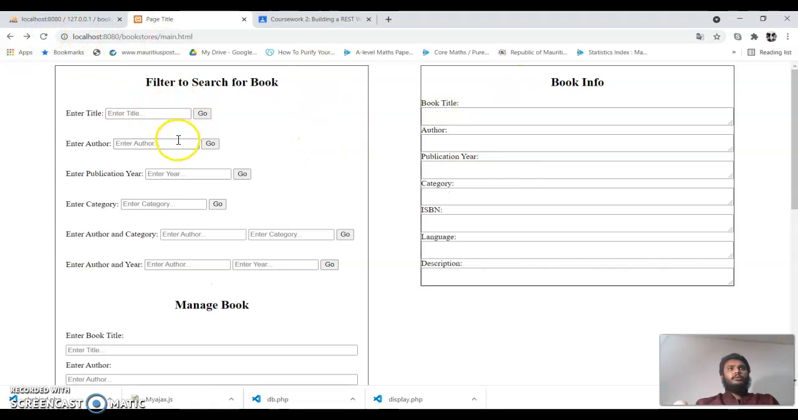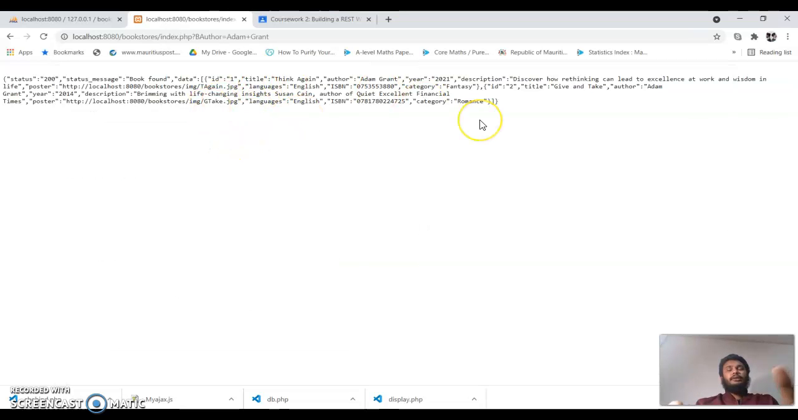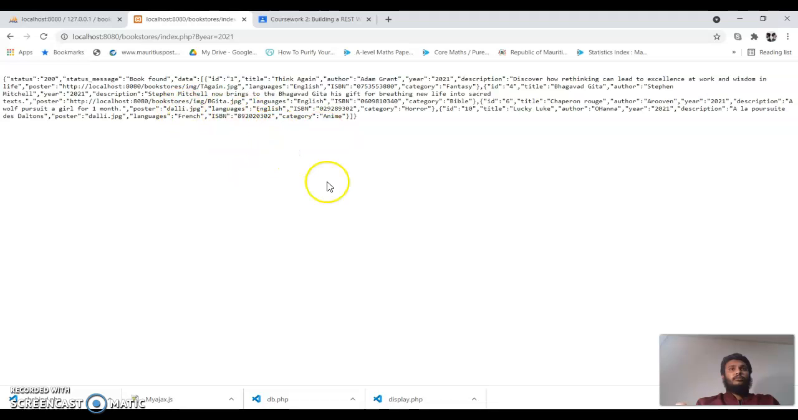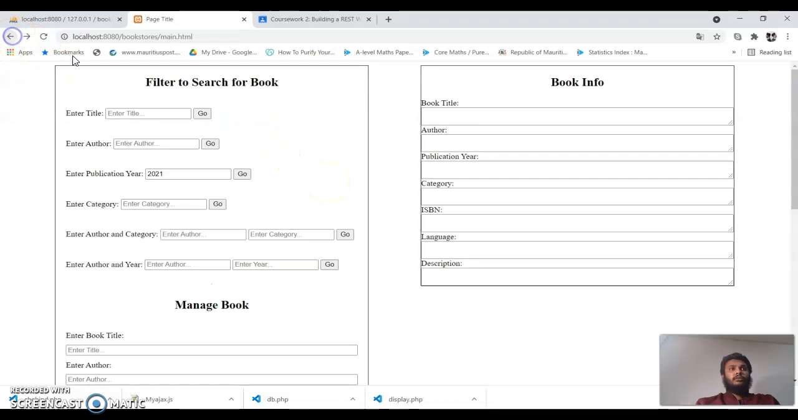Okay, now I will search by author. I'm getting it in JSON format. I have some problem displaying in other format because there are multiple records, but it displays. Search by year, by category,